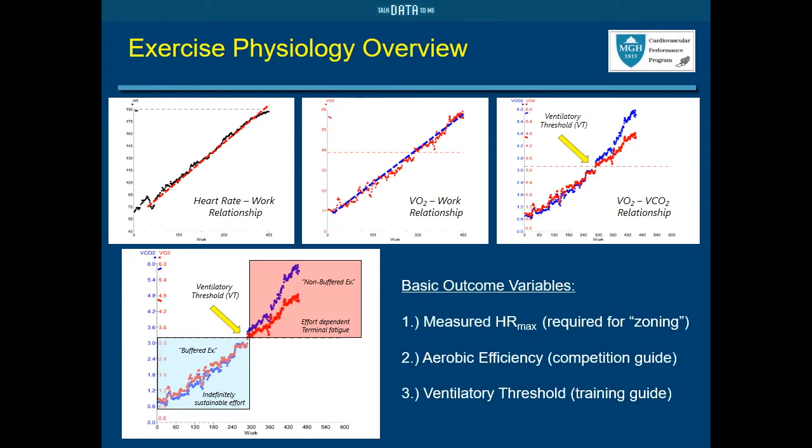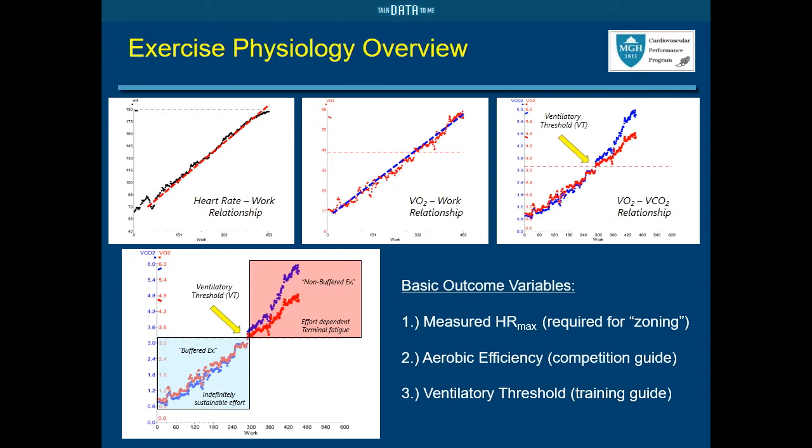Basic outcome measurements we care about are measured heart rate max. Anyone that thinks that an equation can be used to predict maximal heart rate is kidding themselves. So when you try to think about 220 minus your age, or 220 minus your age times 0.5, it's all garbage. The standard deviations on true physiologic heart rate are on the order of 15 to 20 beats per minute. So if you're working with an athlete, or you're an athlete yourself, and you're using heart rate to guide your workouts and you're using a percentage of peak, if you're not measuring it, you're almost certainly making an error. So we measure this, and this is required for the zoning, which I'm going to talk about shortly.